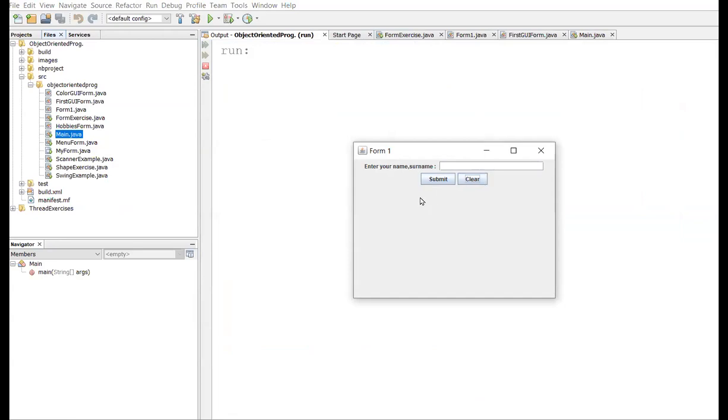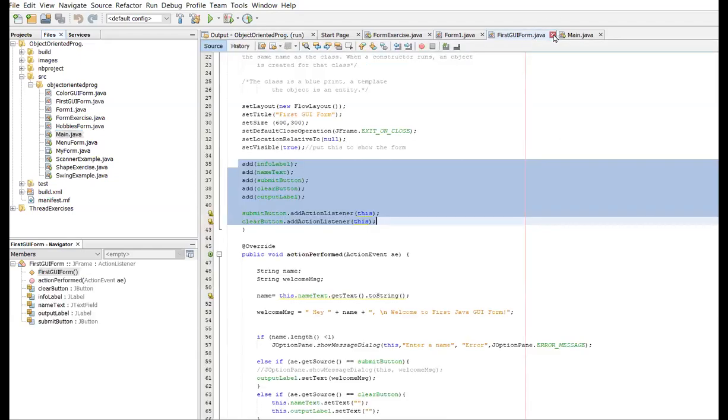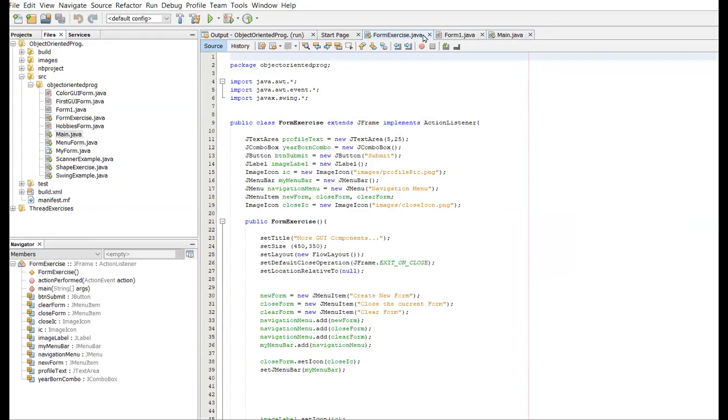In a previous exercise, when you submitted this, you basically showed your name, your gender, whatever in here on the same form. What we're gonna do now is to do this stuff in another form. So it's not gonna be on the same form now, it's gonna display this on another form. And we're gonna create that form as well. So I'm gonna close all these windows that I don't need right now